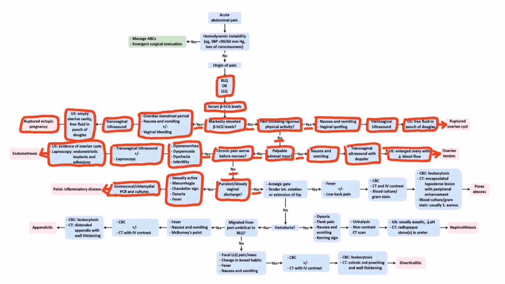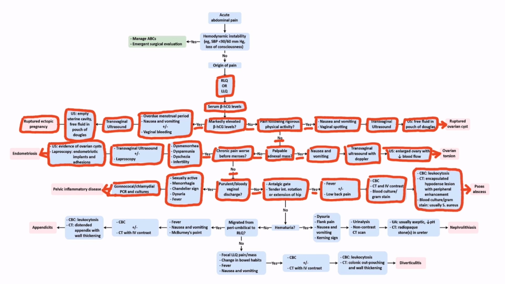Signs of antalgic gait and tender internal rotation or extension of the hip, accompanied with fever and low back pain, should be further evaluated with CBC, CT and IV contrast, and blood culture or a gram stain due to the possible presence of psoas abscess. With this disease process, presence of leukocytosis and Staphylococcus aureus, as well as encapsulated hypodense lesion with peripheral enhancement on